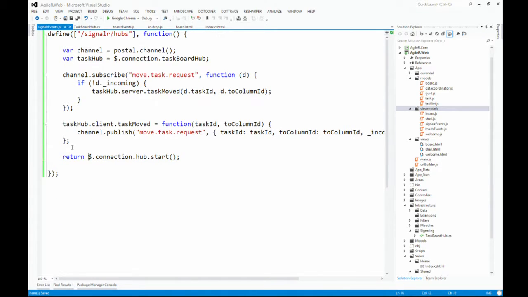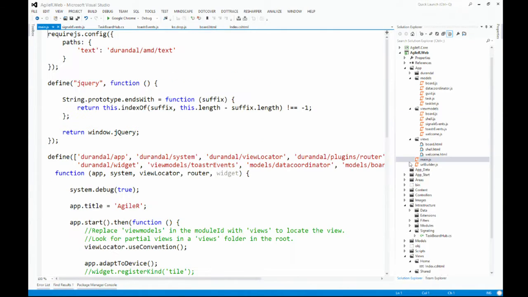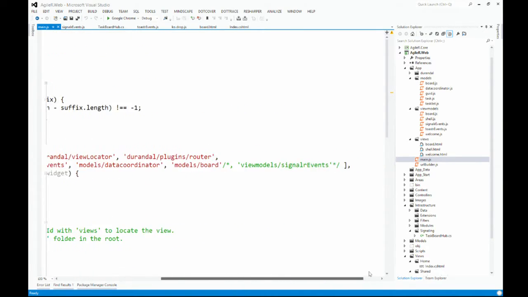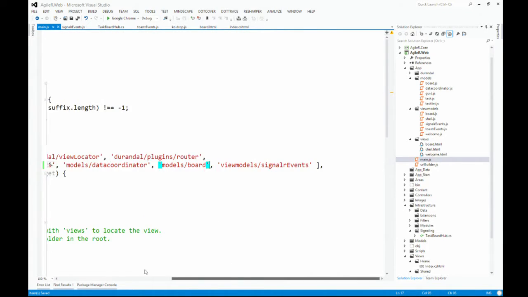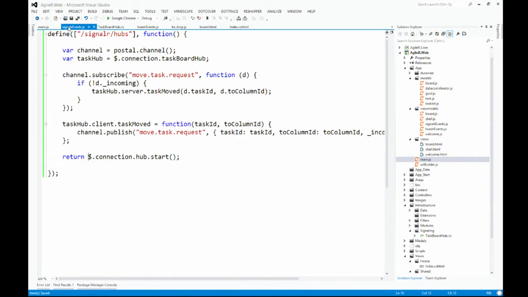And I can add a return in there basically because it returns a promise. Okay, so it's asynchronous. It returns a promise, so you could extend on a delegate on that, to do something else after the connection starts. So the final thing I need to do is, in my bootstrapping code in require.js, include that module. So require.js is going to now import that JavaScript file, and that's it.